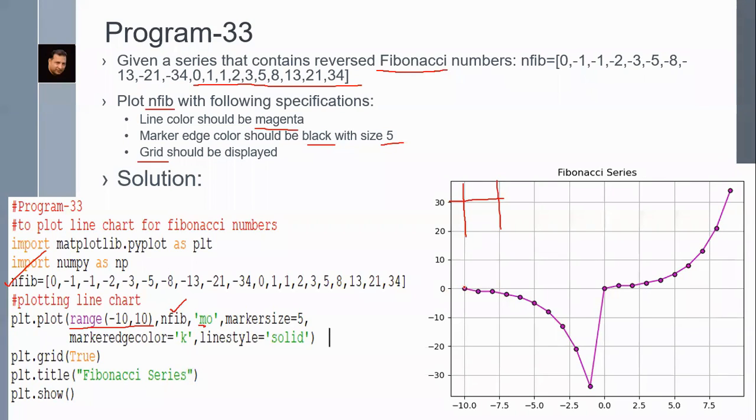These are circular marks. Marker size 5, marker edge color k. k stands for black, so marker edge color is black now. Line color is solid. plt.grid is True and title is given as Fibonacci series.